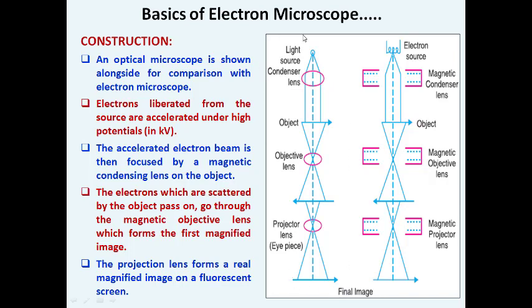On the left side you can see the analogy of the electron microscope with respect to the light microscope. In place of the light source of the optical microscope, we are replacing it with an electron source as the source of illumination of the object. Instead of a condenser lens to condense the light in a particular direction, here we are using a magnetic condenser lens. Likewise the light is exposed over the object, and then we are using an objective lens for increasing the magnification power of the object.